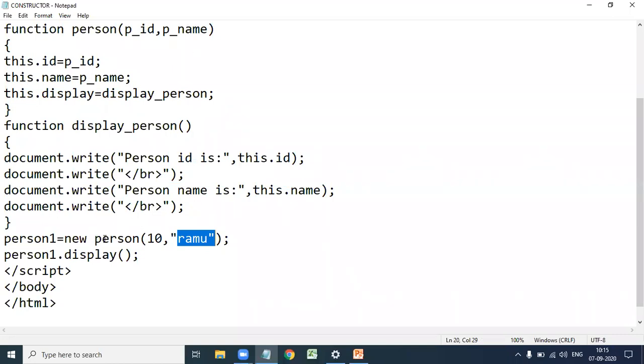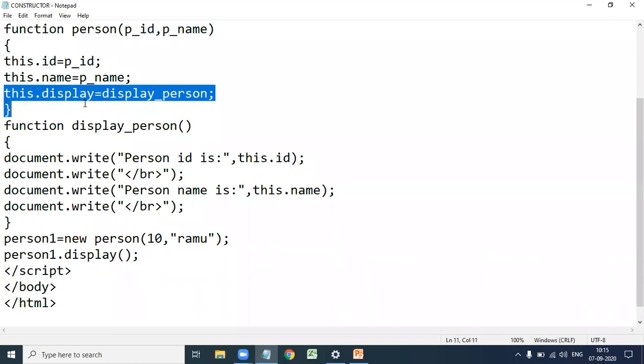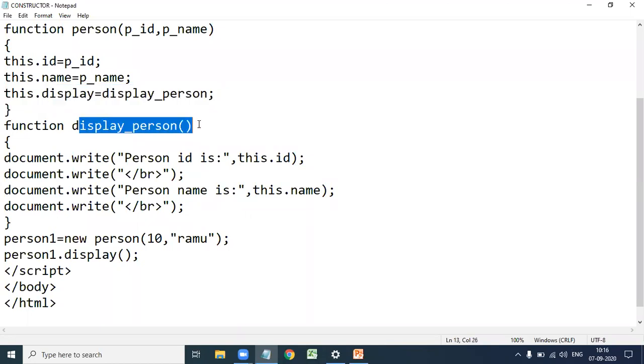Whenever the constructor is called. When you execute person1.display, this.display is assigned to display_person, so the display_person function is executed. Here person ID is equal to 10. Person name is Ramu.